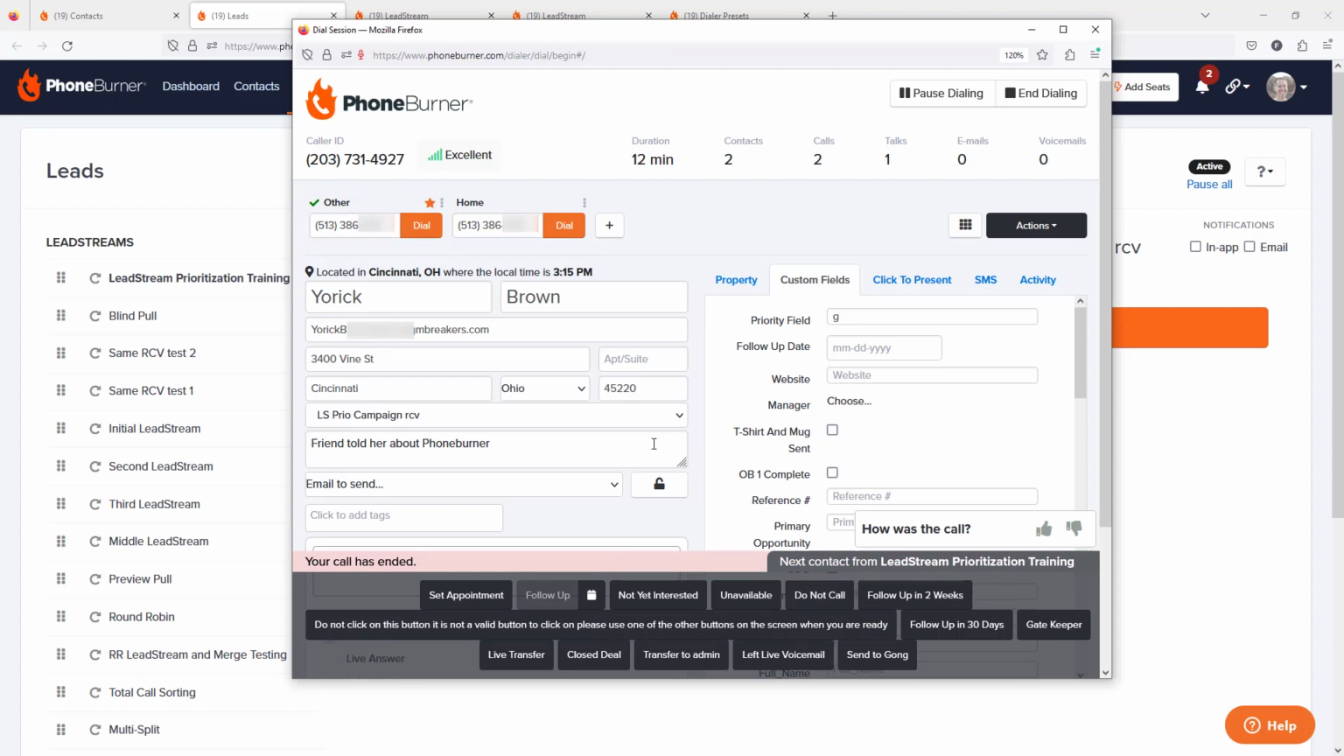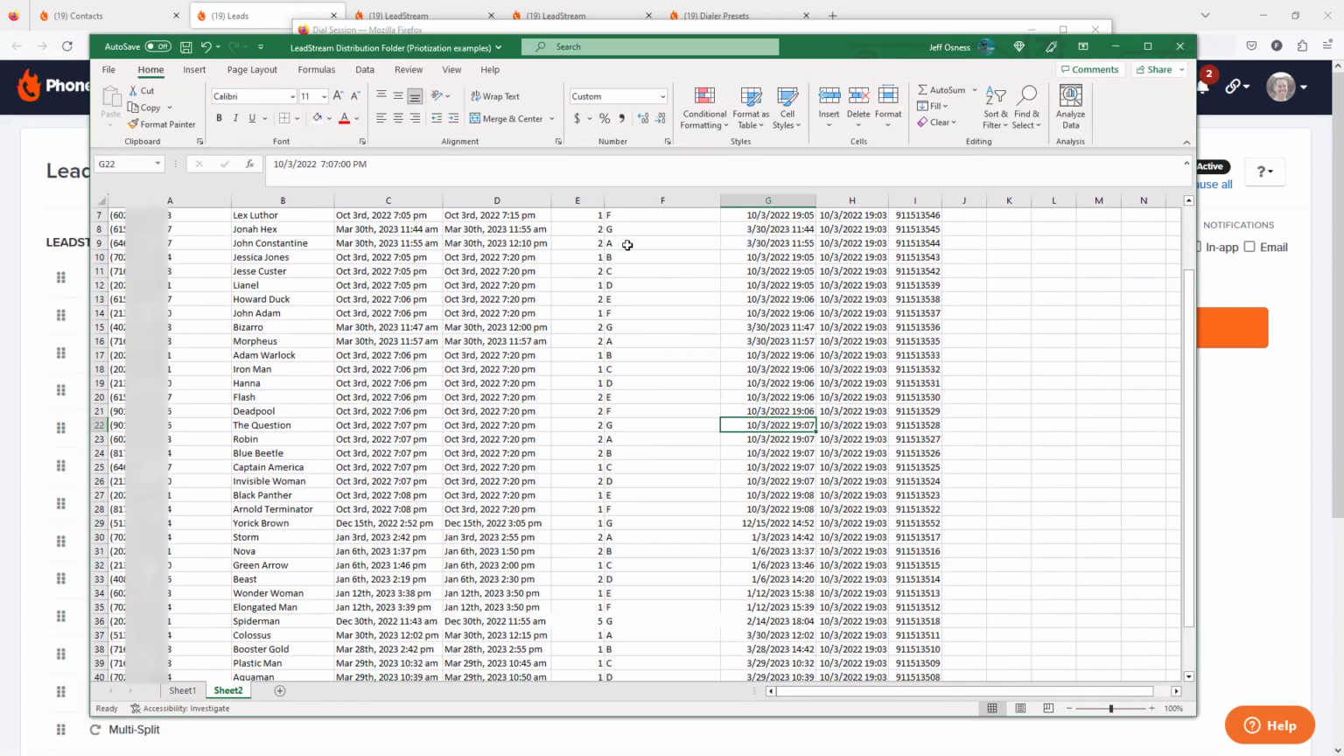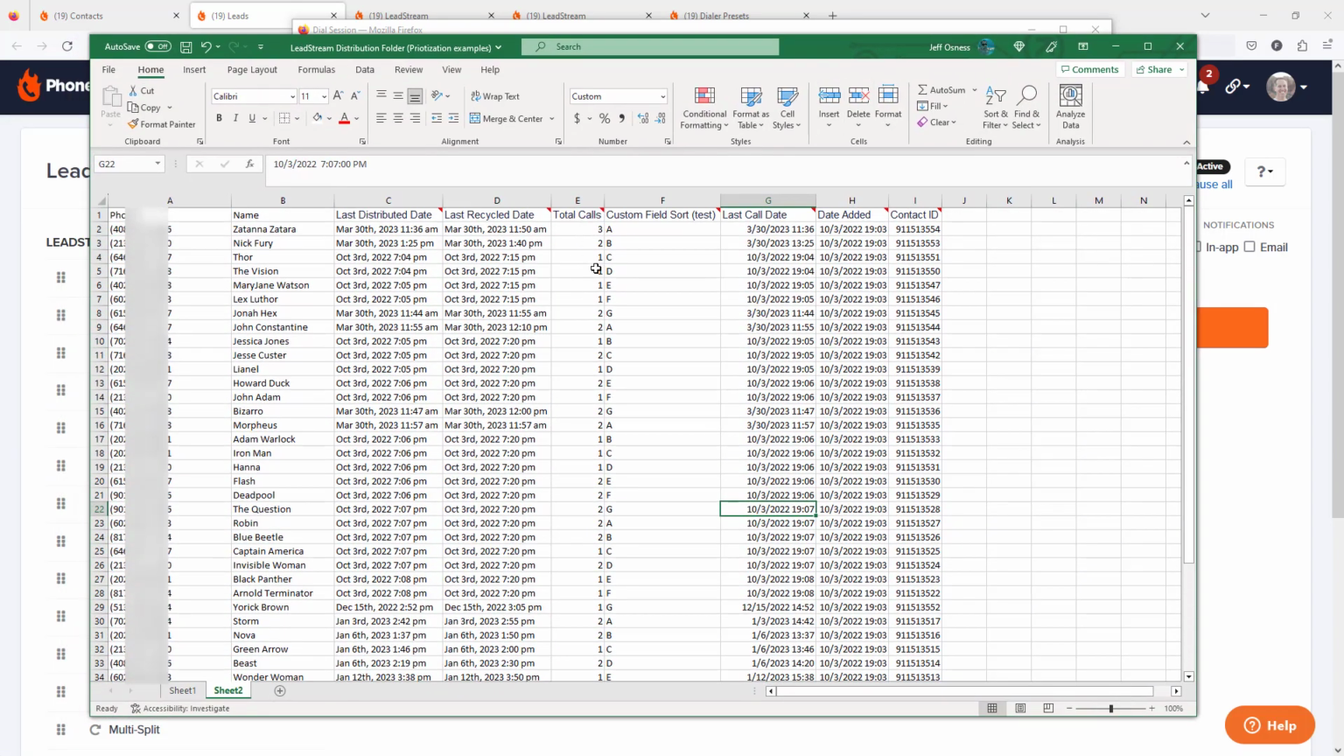So that's if we're prioritizing based off of a custom field. And of course, we can do this highest to lowest or lowest to highest. And sometimes you want to do that based off of a date field. Totally up to you how you want to do that. But that is an option, and you can request to have that option enabled for your account. But there's one other option that I want to talk to you about, and that is total calls. So we can update your account to prioritize based off of total calls in addition to all of this other